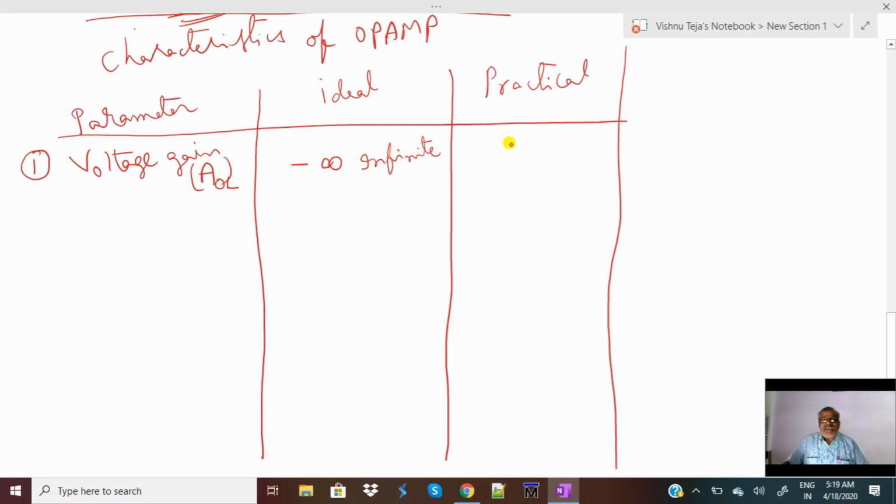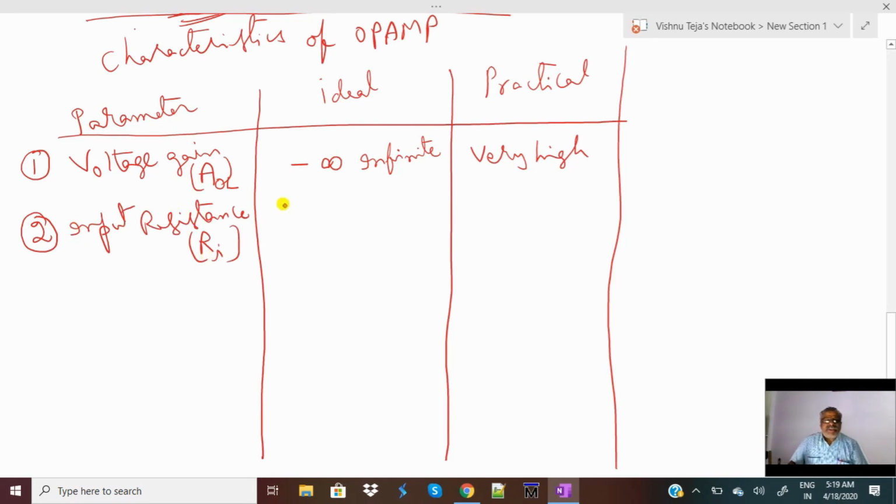But practically, can we get an infinite value? No. So the practical voltage gain will be very high. As we have seen earlier, the open loop voltage gain is 10 to the power of 5. And the second parameter is input resistance. As we discussed earlier, the input resistance will be very high. So ideally, the value will be infinite ohms. But practically, its value will be very large,